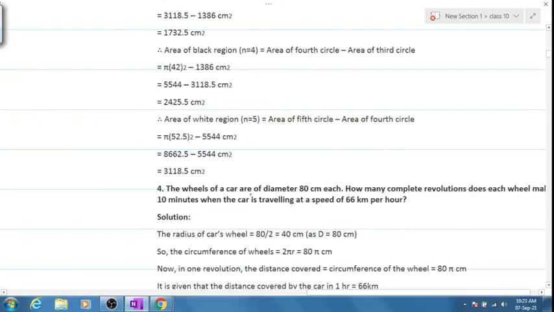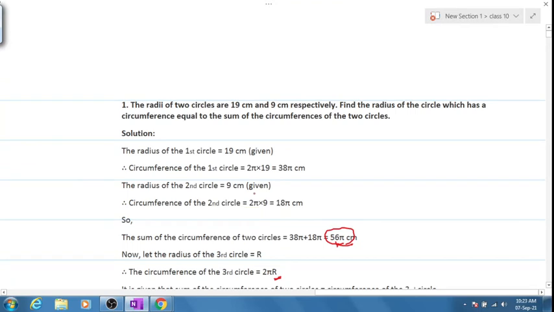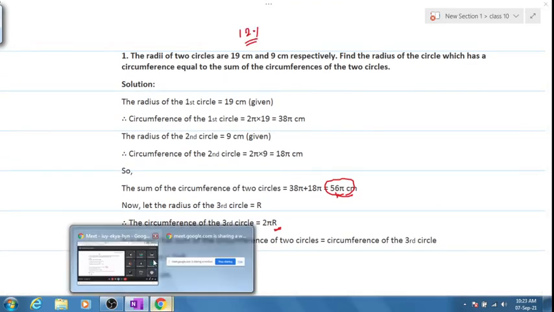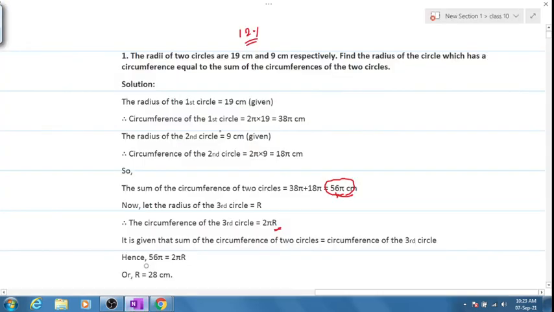Let's move on to the exercise. So the first exercise has come up, 12.1 of your NCERT, where the first question is a very simple one. They're saying that the radii of the two circles are this and this respectively. Find the radius of the circle which has circumference equal to the sum of these two circumferences. Is it clear? So what you do is you calculate circumference 1, calculate circumference 2, and I believe